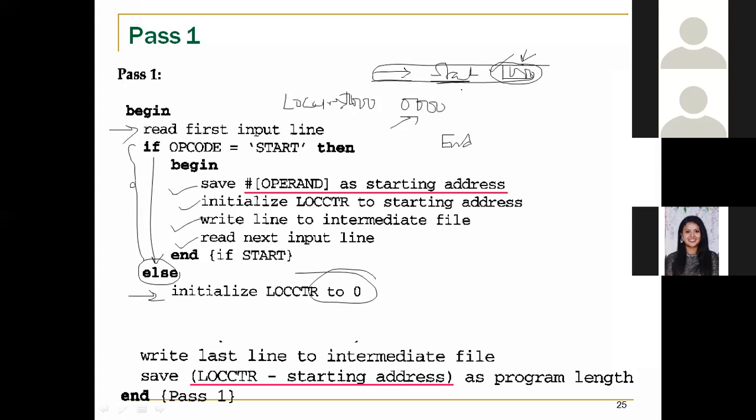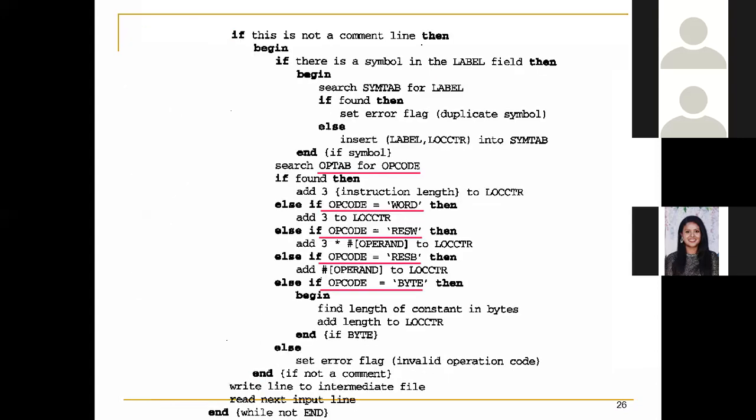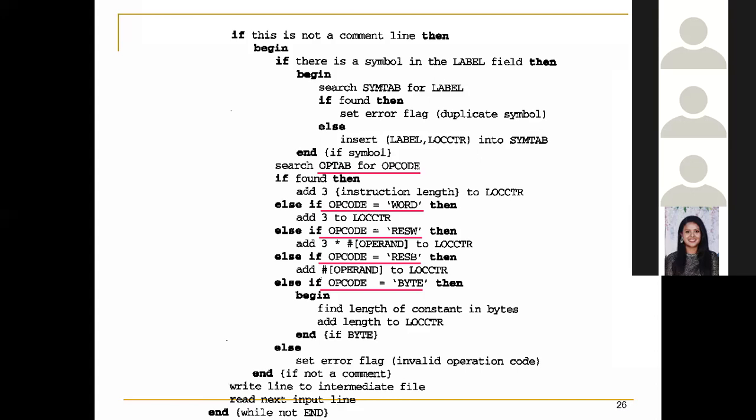Okay. So the next part of the program is obviously the processing of the remaining statements, and we know that the remaining statements are going to be present until the END assembler directive. So that's why we have a while statement here.